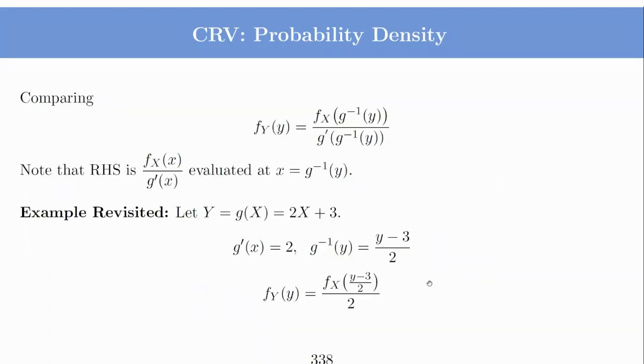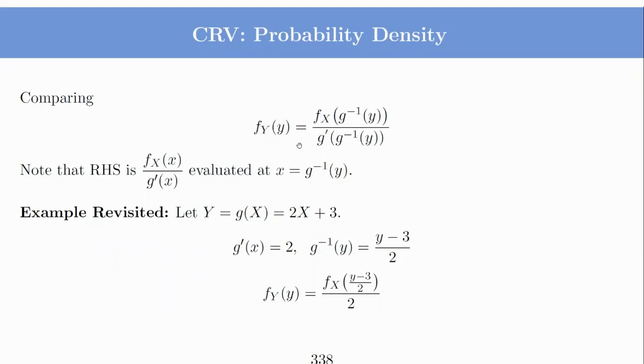So now we will apply this concept. We will replace the upper limit b by a plus epsilon, and then this will show that if the previous condition was true for any a and b, then the integrands should also be equal. So this will give you that the PDF of y evaluated at y should be equal to the PDF of x evaluated at g inverse y, divided by the derivative of g evaluated at g inverse y.